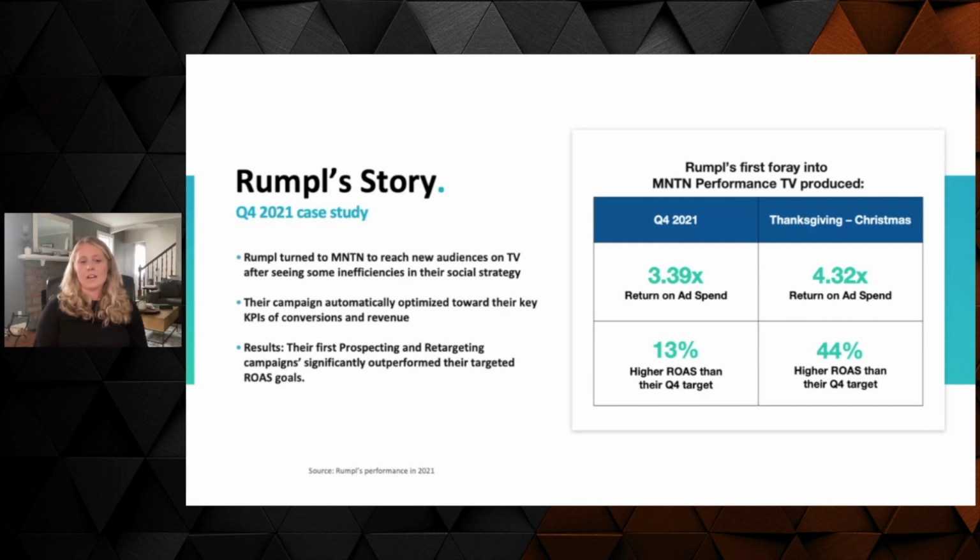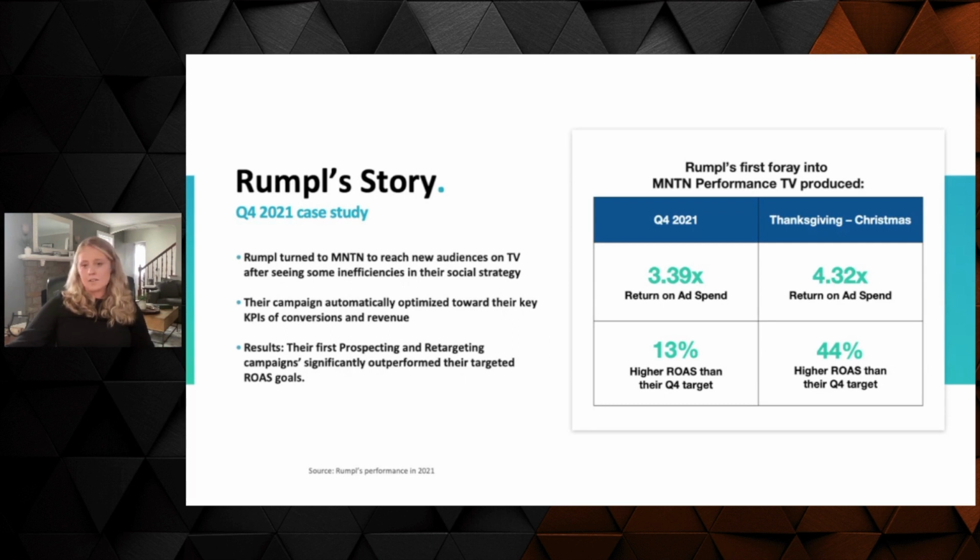You can see over the entire quarter in Q4 of 2021, they beat their ROAS goal by 13%. And over that key Thanksgiving Christmas period, they reached a 44% higher ROAS than their Q4 target. So completely knocking it out of the park. And so why we continue highlighting Rumple's story with CTV and why we really dig into what their marketers are